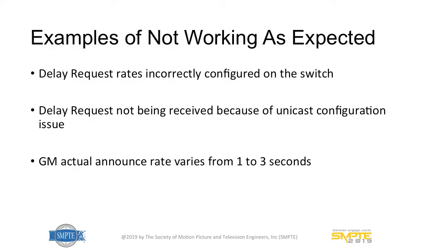Another one is there may be bugs in devices. A few months ago, I was debugging something at a customer, and in their network, they were seeing different devices becoming masters every couple of times a day, and it was very weird. As we were troubleshooting this, they had properly programmed the grandmaster for an announce interval of 0, or 1 message per second. But the grandmaster was actually sending most of the messages at around once per second, but sometimes once every 2 seconds, and sometimes once every 3 seconds. And with a timeout of 3, if the grandmaster sends a message every 3 seconds, then everyone else thinks the grandmaster has died, the BMCA is running, and new masters are getting elected.